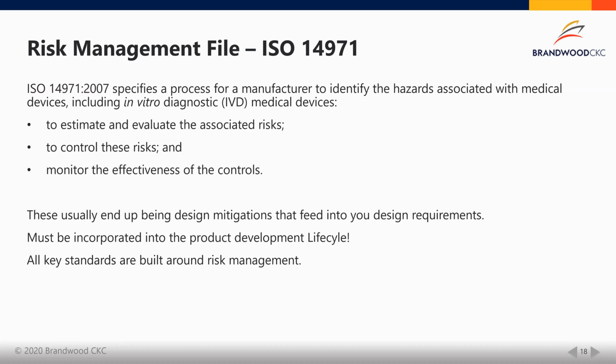The harmonized standard ISO 14971 is what regulators expect that you would be compliant with, and that is basically a process that the manufacturer would follow in order to make sure that all the hazards have been identified and mitigated. You should start looking at your risk management very early in the product development lifecycle, because it definitely feeds into your design and development and then those end stages. So it's a very important standard, which is why I've given it a slide. So yeah, that's really important, and it does ensure you're complying with the essential principles.